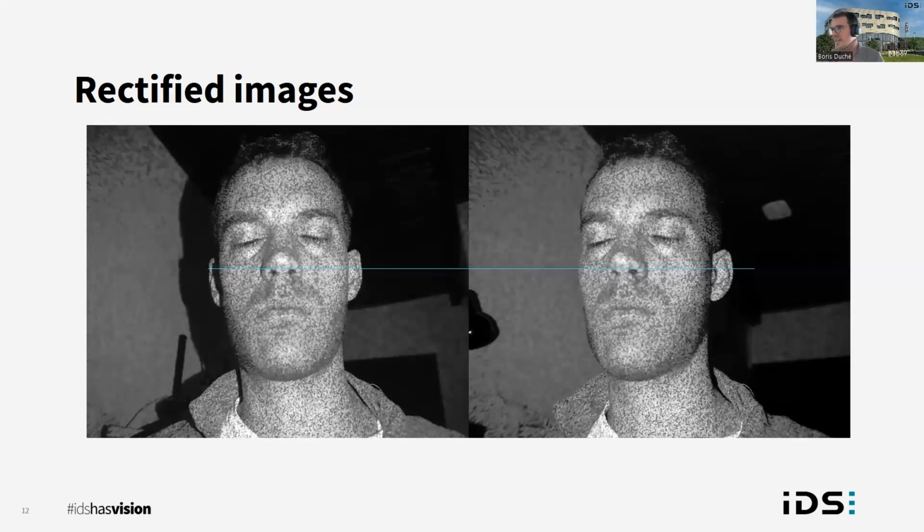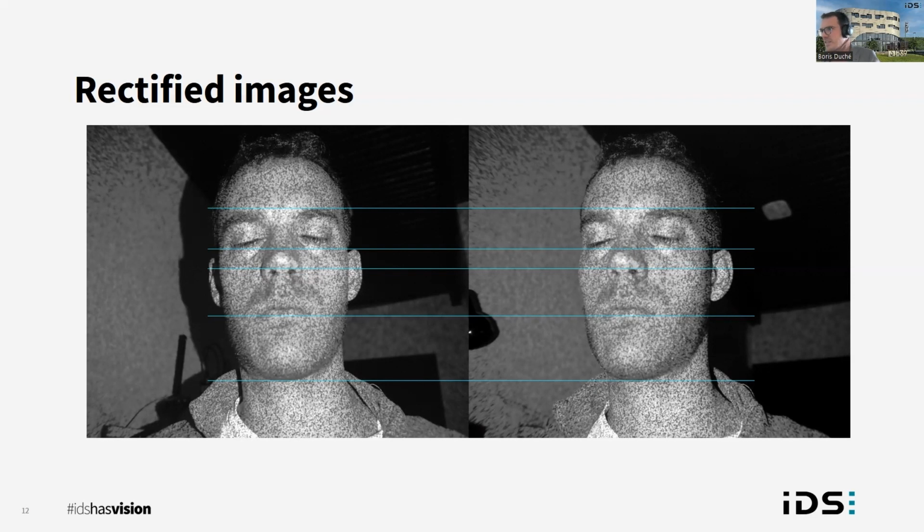What I want to show you here is that in our stereo cameras, the chassis is made in aluminum and the calibration is extremely robust. These images I took with a quite old camera, and yet after the rectification of the images, the images are still perfectly aligned. This is what also makes our stereo cameras very successful, because they are very reliable in the production line. So the calibration actually does not move even after years of usage.